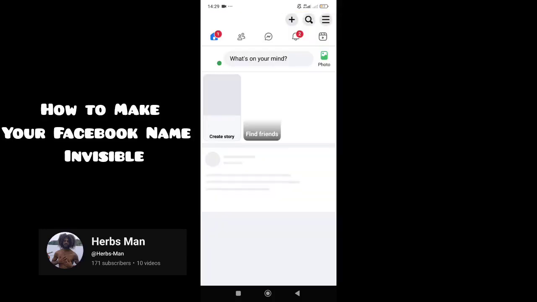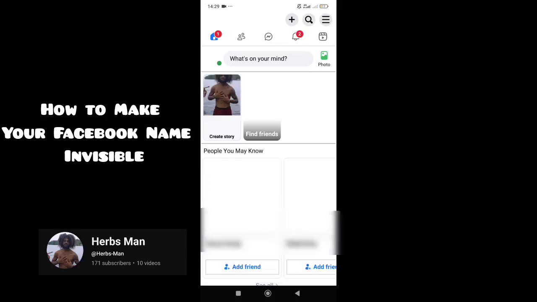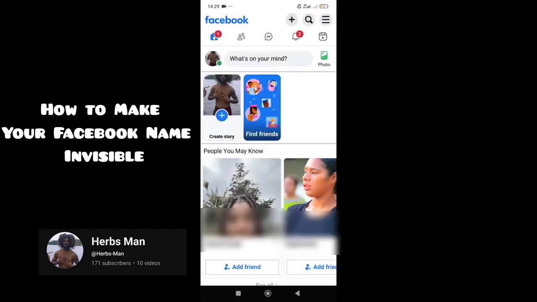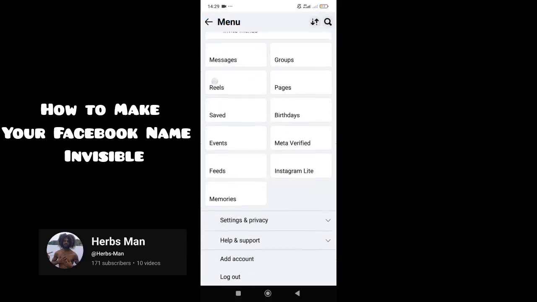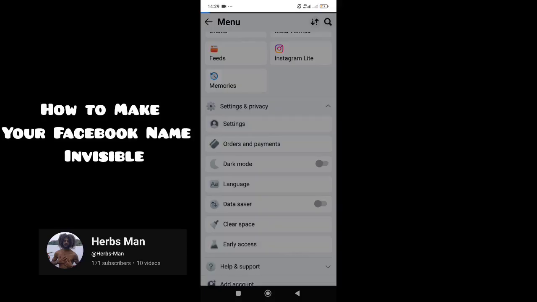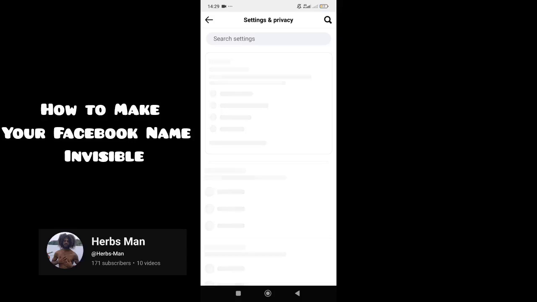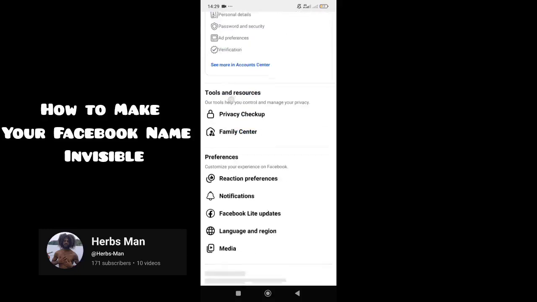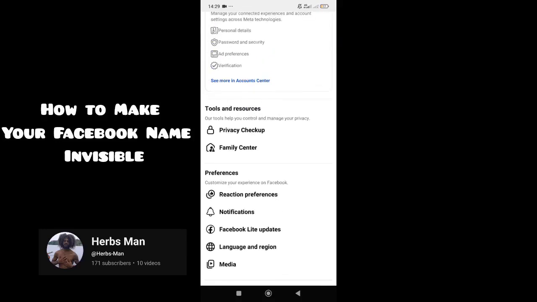Now that I've logged into my account, I'll go to the top right hand corner, click there, and then I'll scroll down to settings and privacy. I'll click there, then I'll click settings. From here now I will click the account center. I will have to click account center, click here,